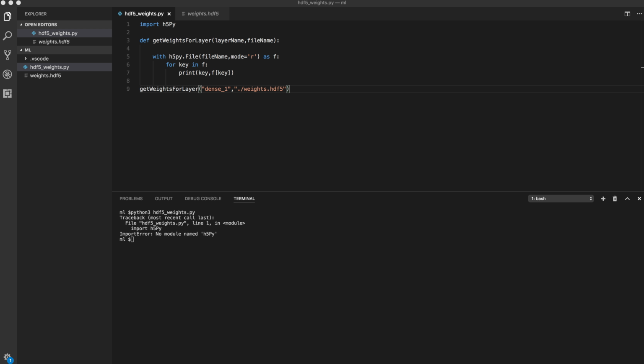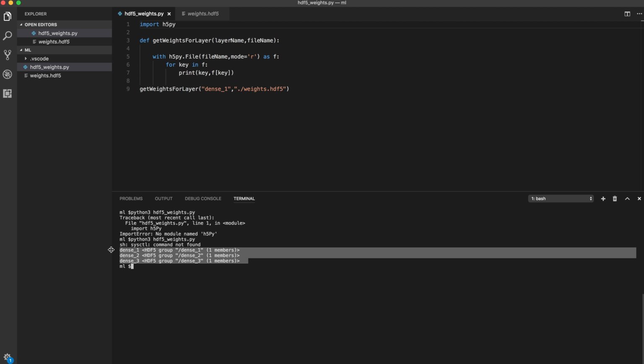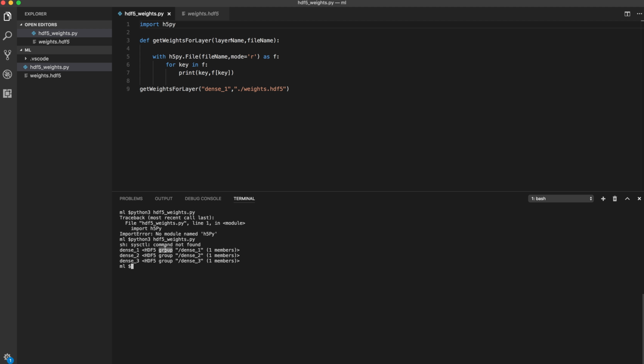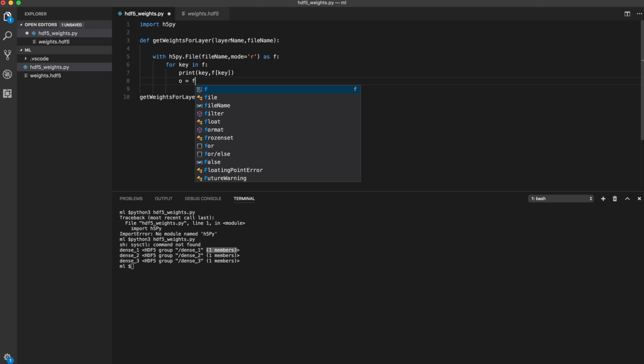There's a module called h5 file. There's a typo here. Let's fix this. Okay. And again, as you see, there are 3 layers, and the type of the object for each of these layers is a hdf5 group. And here it clearly says that it's got 1 member, which means the structure has something more in it. So let's save this